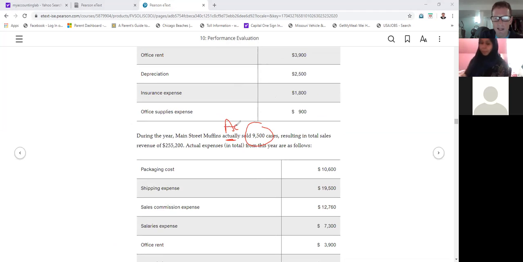Because that's actual. You always use the actual number in this flexible budget report. Because at some point in time, you would want to compare that flexible budget to the actual, but the flexible budget always uses the actual results. The budgeted number, just to go back, the budgeted number that they gave you in this problem